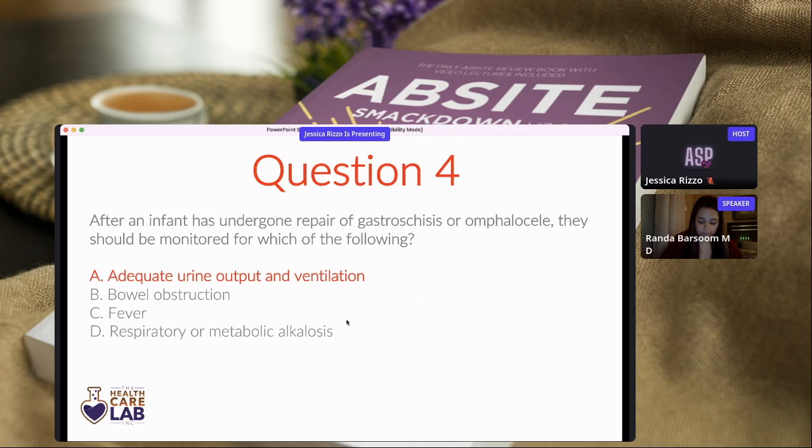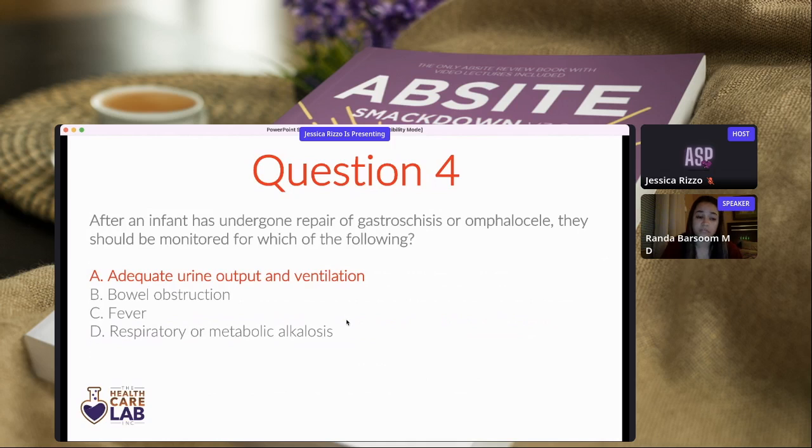So adequate urine output and ventilation. If you remember the talk about trauma, you'll remember something called abdominal compartment syndrome. So remember, these babies have not had their abdominal organs inside their abdomen. So after repair of these gastroschisis or omphalocele, putting their abdominal organs back into their abdomen might increase their chance of abdominal compartment syndrome. And you would actually see that very quickly with inadequate urine output, because remember, you are compressing the IVC and decreasing flow to the kidneys, as well as you're increasing pressure in the abdomen,